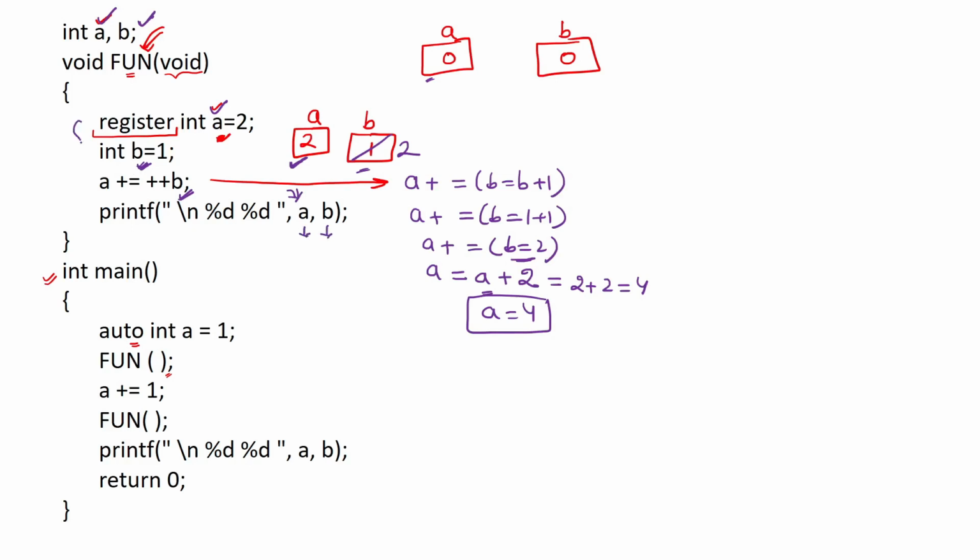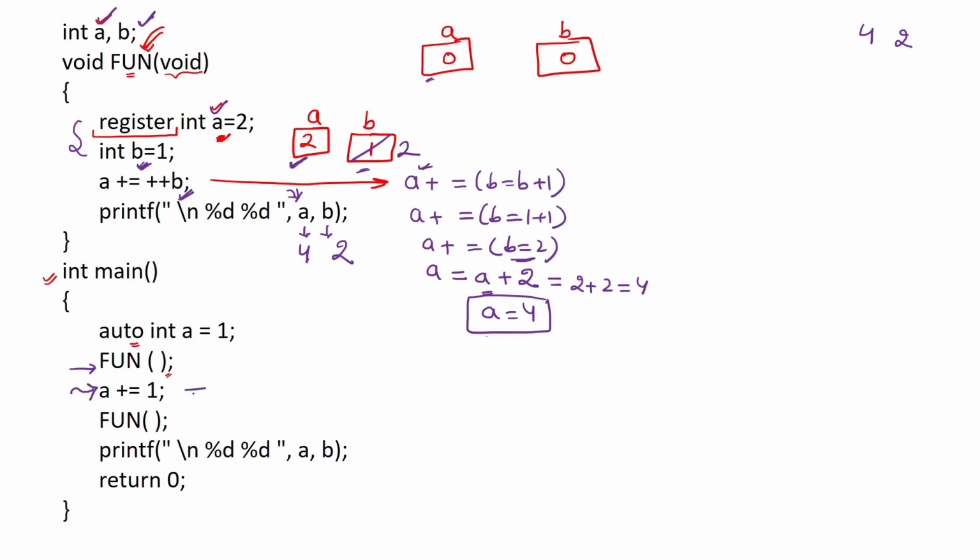So we will be printing this local variable because these are present here. So a will be 4, okay, and what is the value of b? This is 2. So our first output is 4 and 2, right? Now after this we will be returning from this function and we will be coming here and we are not doing anything else. So we will come to next line.